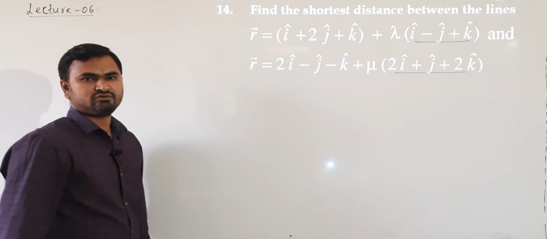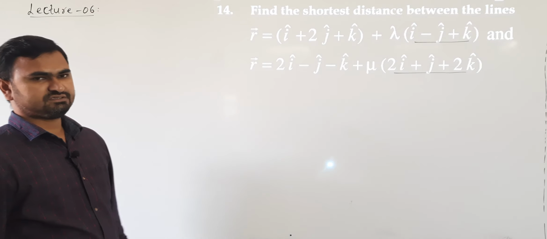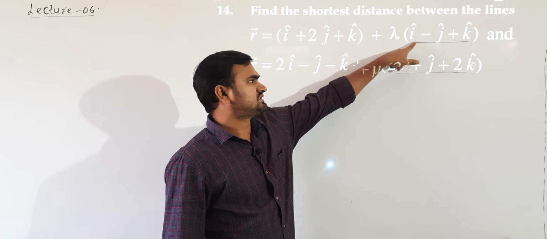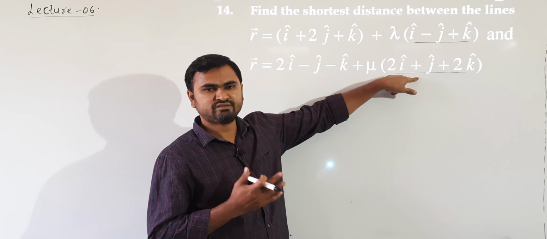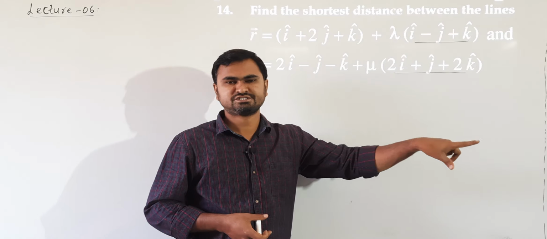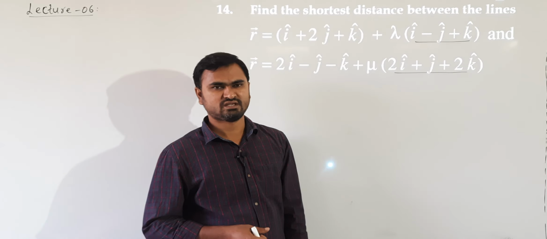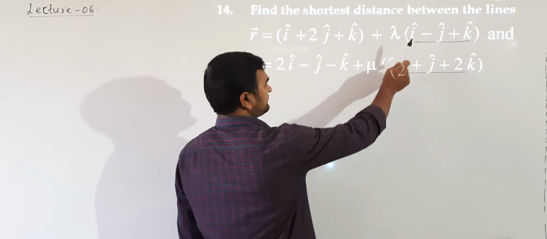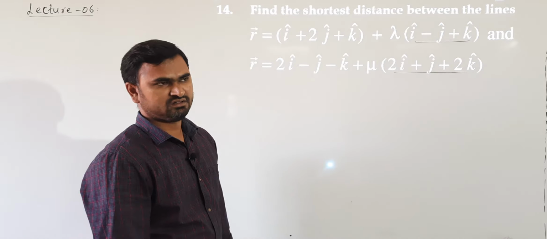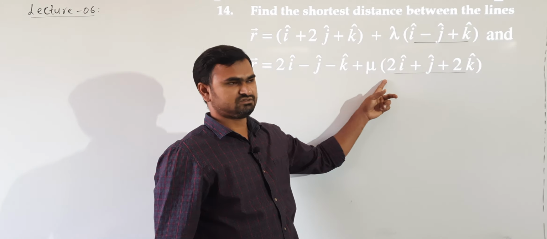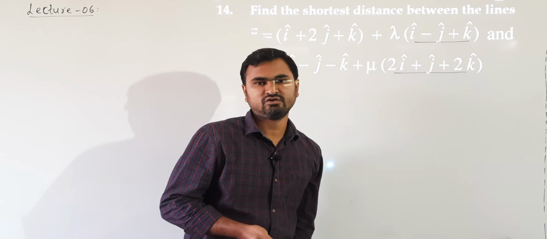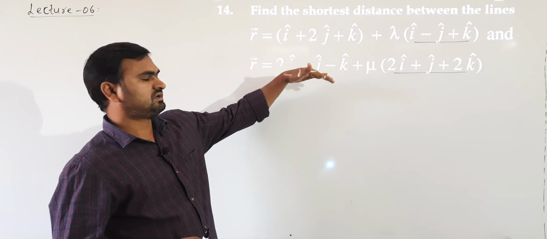Observe which type of lines they are. Now it depends on the parallel vectors b1 bar and b2 bar. If these two are parallel, that is, b1 is parallel to b2, it means the lines are also parallel. Then we have to use the distance between parallel lines formula. So how do we check whether these two vectors are parallel or not? You see if one is a scalar multiple of the other, or their direction ratios should be proportional. Here the direction ratios are not proportional, or we cannot write one vector as a scalar multiple of the other vector. So these are not parallel lines.